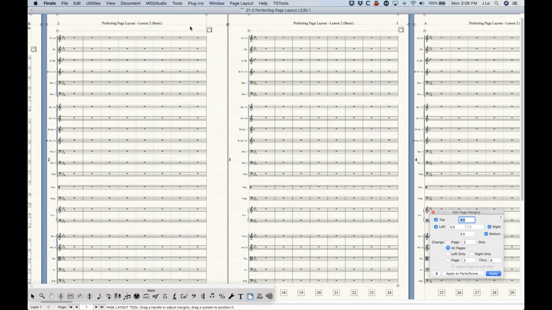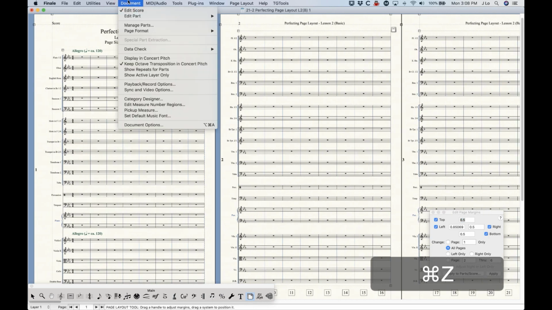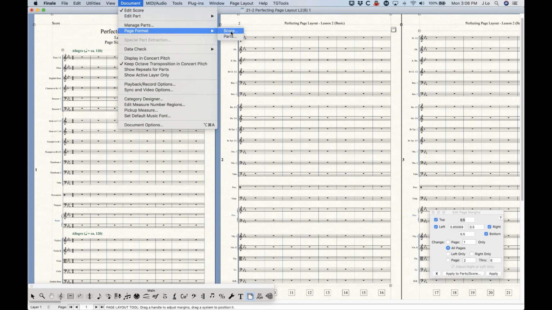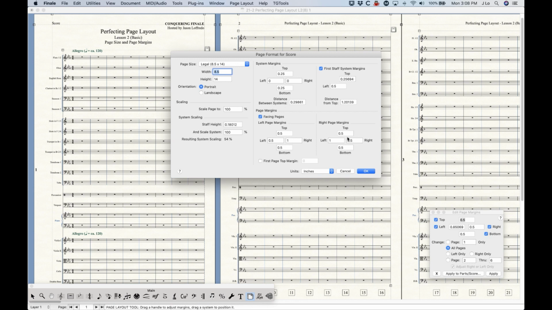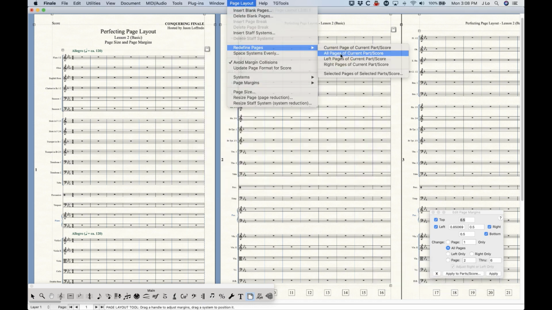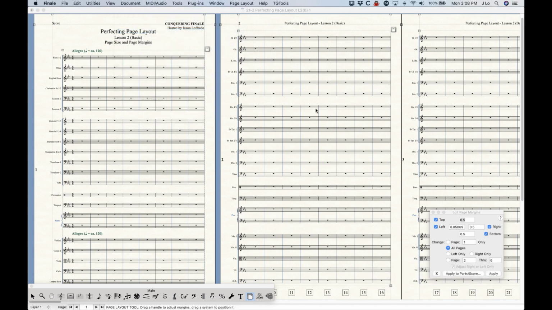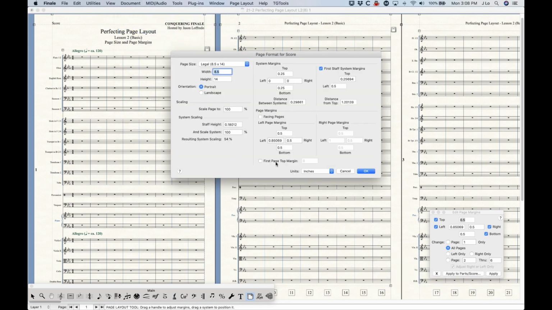Now, it won't make a lot of sense for a legal-sized score like this, but for a piano part that you want to put in a binder or something, this is exactly how you would do that. So you'd want to have the facing pages with your left and right margins slightly different for each page. But for now, let's go back and set this up the way I had it. Good to go. Yep. All right, and then there was one other option there I wanted to talk about, the first page top